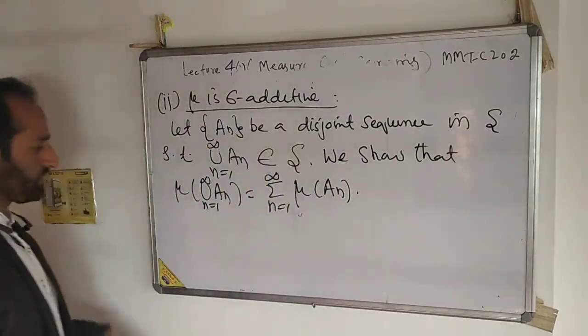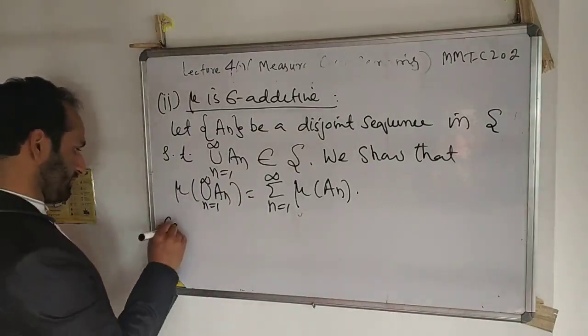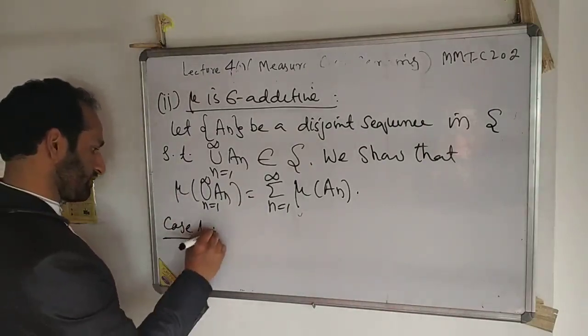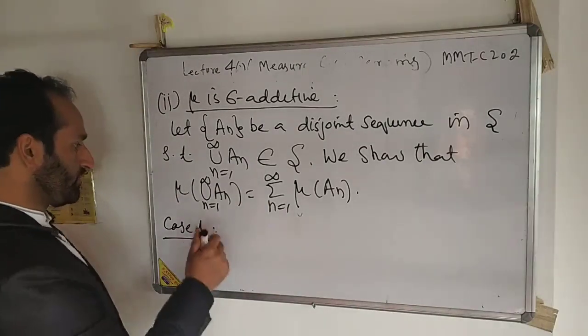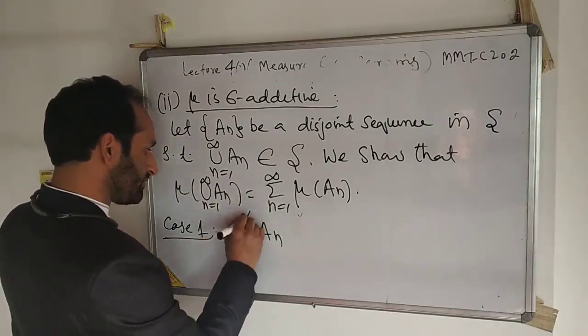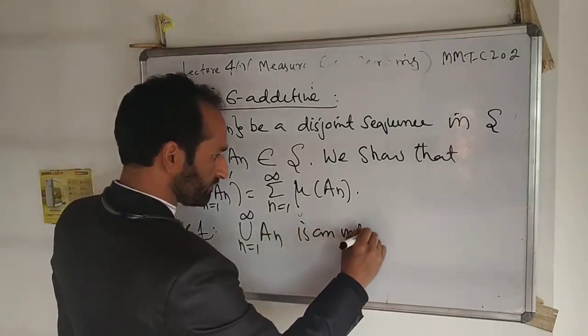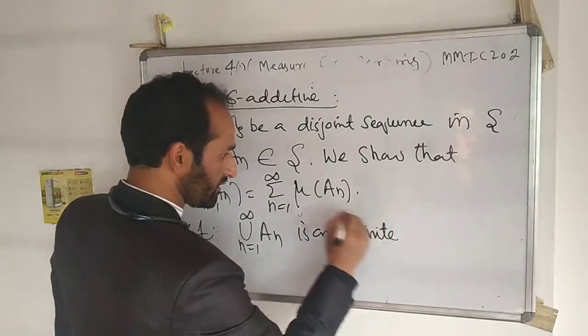We consider certain cases here. Case number 1: in case the union of A_n is an infinite set,